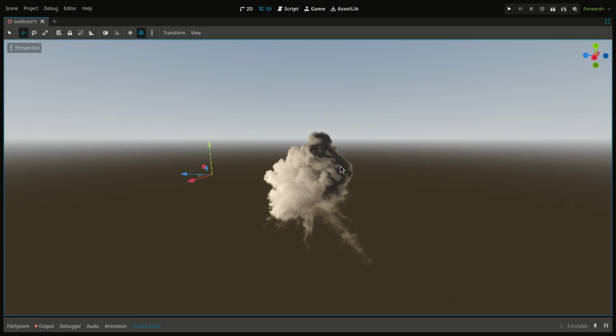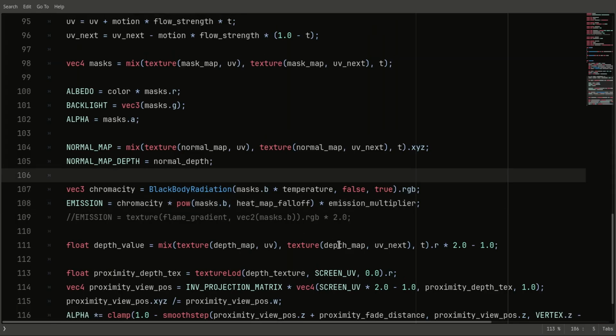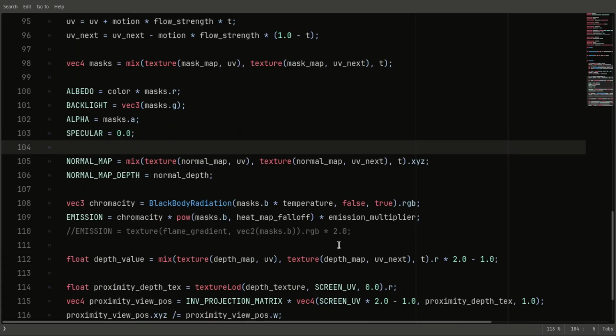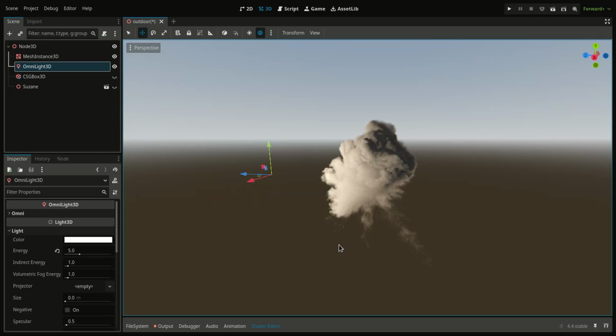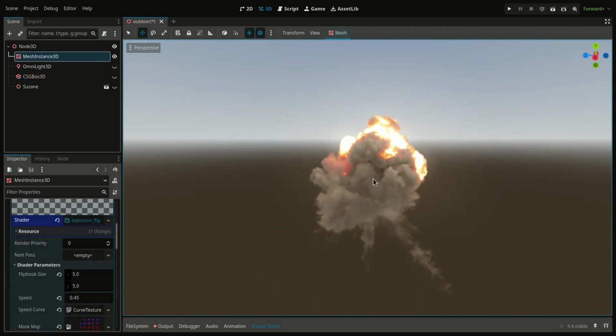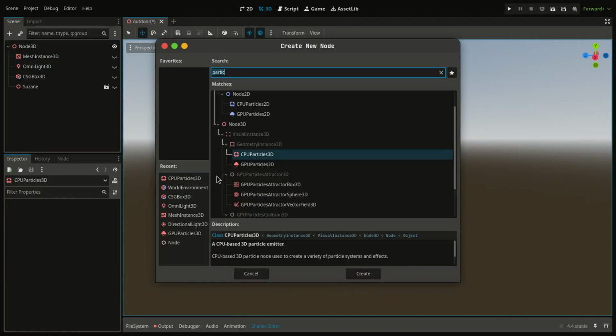So I think one thing we should do is set the specularity. So set the specular to 0 and also set the roughness to 1. Did that really make any difference? I'm not sure. You probably want to have this on a particle system, so let's add a particle system, GPU